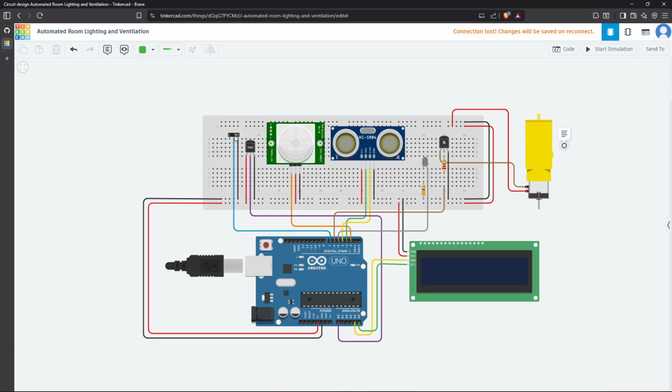First, we have the slide switch, which manually overrides the automation of this whole operation. Next is the temperature sensor, which basically just detects the temperature of the current room. The PIR sensor, which detects movement, and the ultrasonic distance sensor, which detects a presence of an entity within the